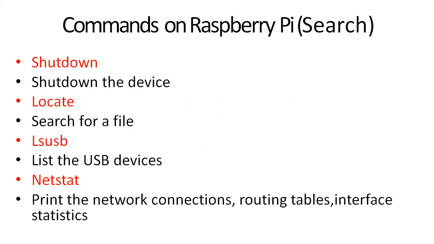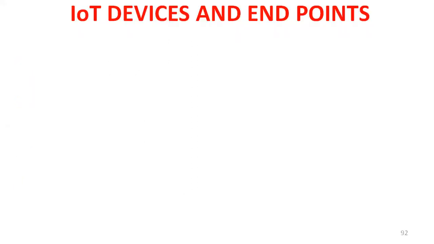Locate: search for a file. If you want to search for a particular file, you will use the locate command. And then lsusb, to list the USB devices. Next one, netstat. It prints the network connections, routing table, and interface statistics. For printing all this information, you use this netstat command. These are all different commands available in a